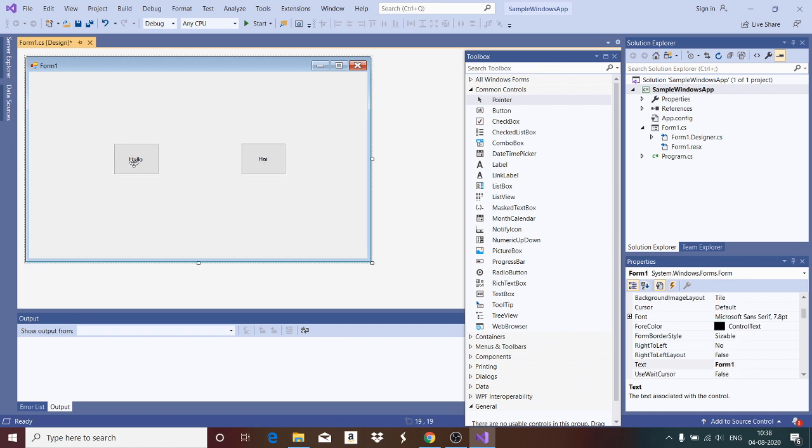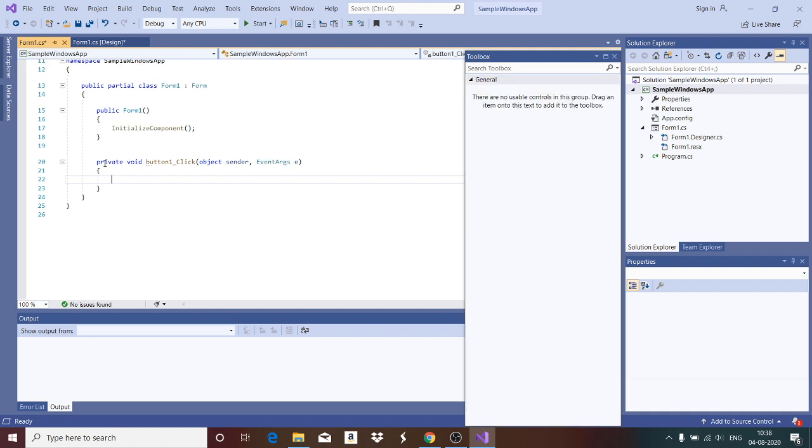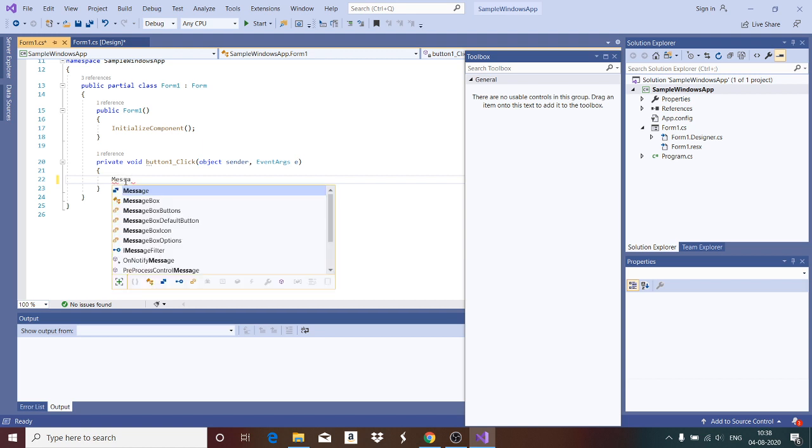Now when I click on the hello button, I need a message hello, and when I click hi, I need a message hi. So just double click on the button. It will open up the code editor. You can see button 1's caption is hello, and I want to have a message box. So you just type message.